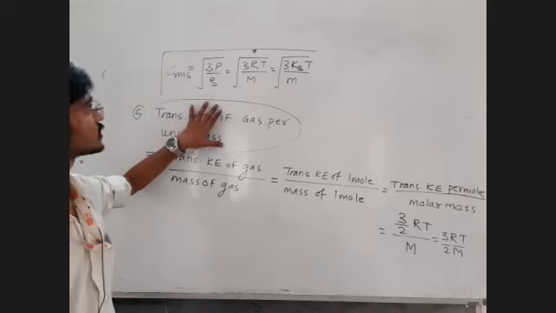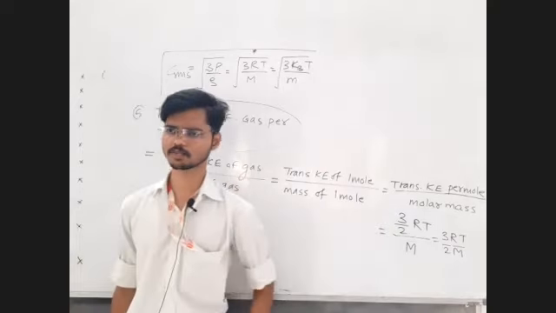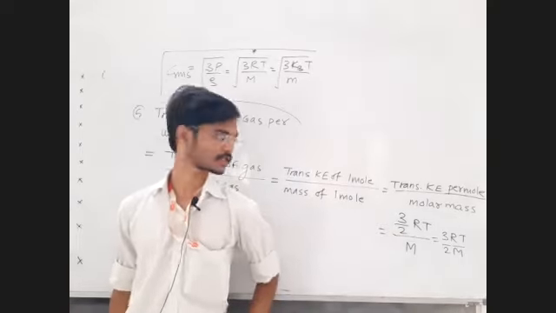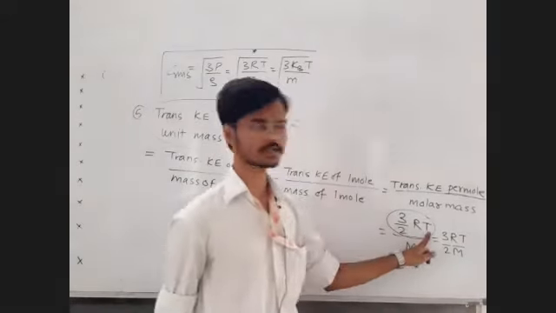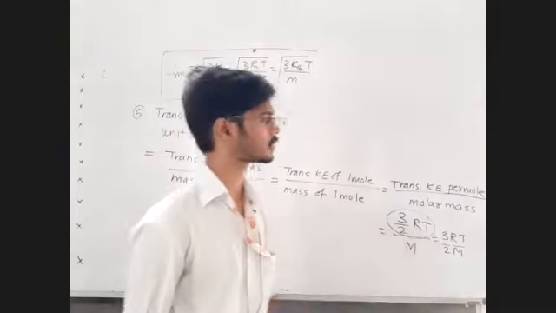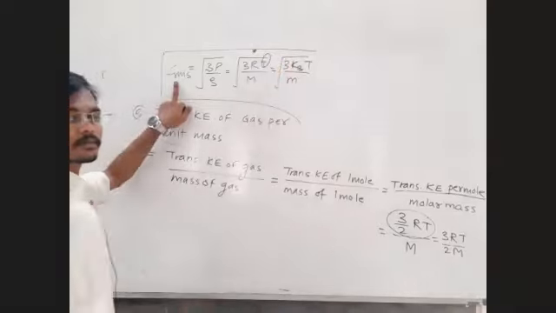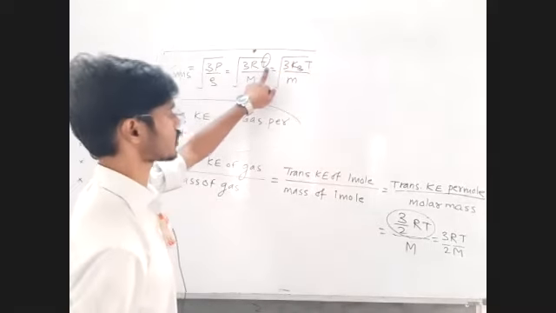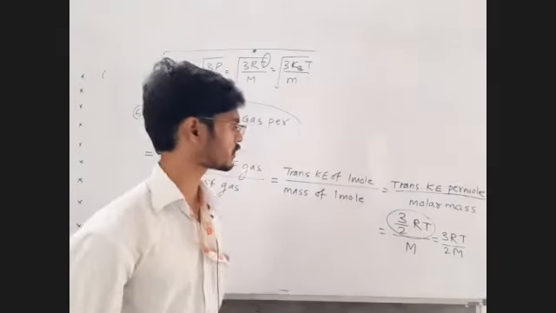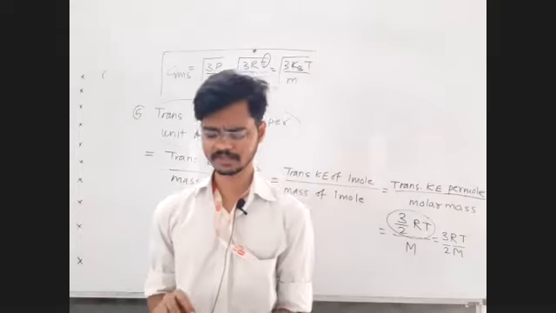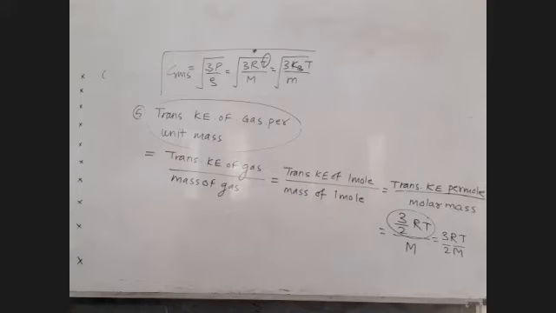In that translational kinetic energy also some ratio type of questions will be there. That translational kinetic energy is directly proportional to temperature. See, energy is always directly proportional to temperature, and the velocity part is going to be proportional to square root of temperature. Energy part is always going to be proportional to temperature. Such kind of ratio questions we shall be able to solve very easily. Okay, fine. So shall we see some of the questions?